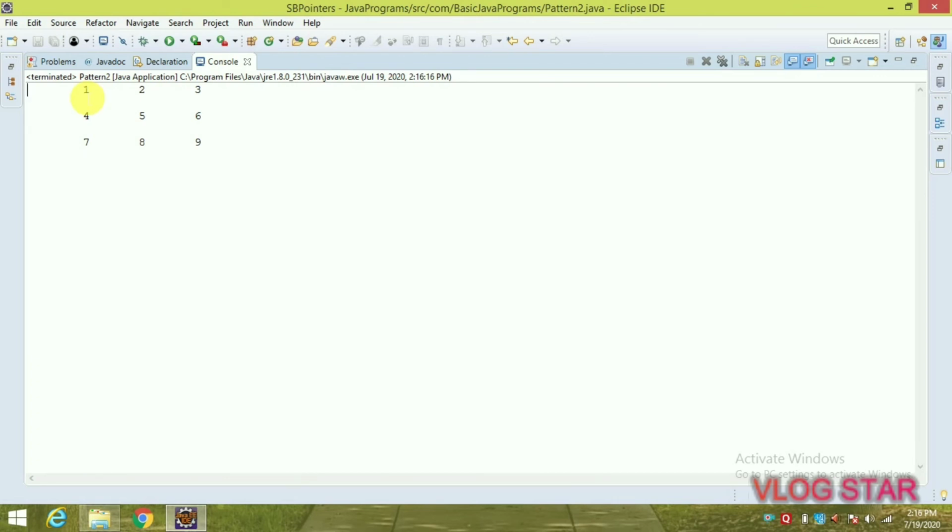To generate this square shape we used for loops. Our first for loop was for row, that is row equals 1 and less than or equal to 3, and row plus plus. So we generate this part. Then for column equals 1, column less than or equal to 3, and column plus plus. With that we generate this part, and we use that for loop to generate this square. And to print these elements we used the counter. So that's how we can generate this pattern using the Java language.